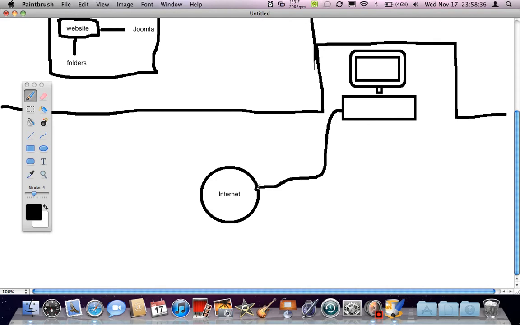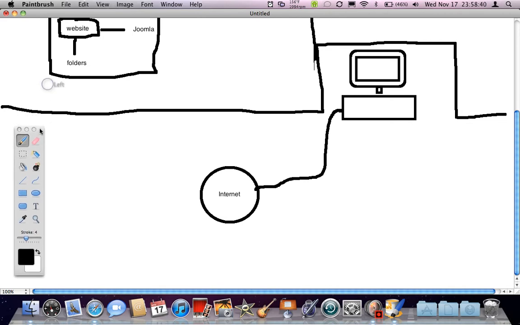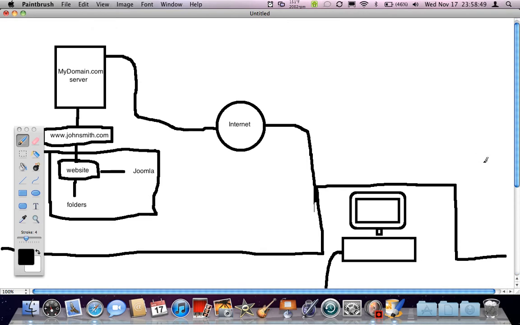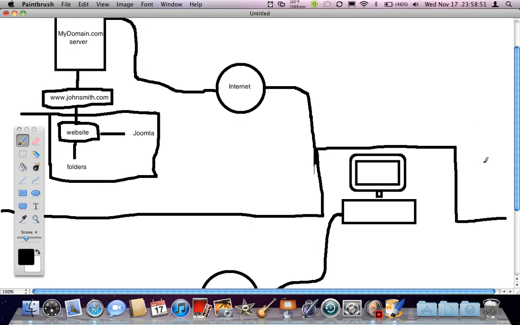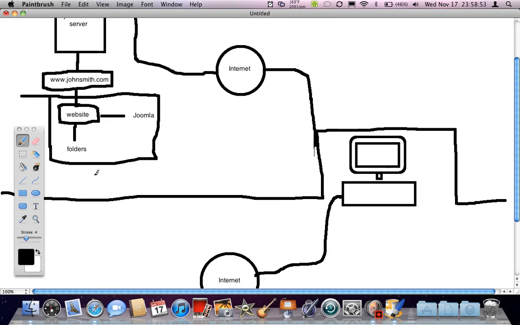Now, there is another way to host a website. And again, this way is free to some extent. Now, what you can do, actually, is instead just take this right here, have it on your computer,